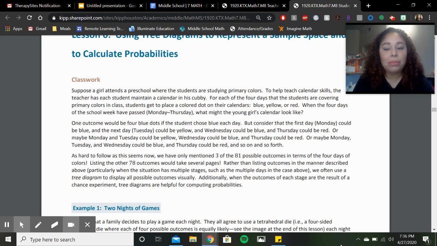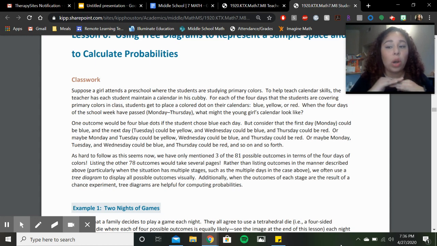Rather than listing outcomes in the manner described above, particularly when the situation has multiple stages, such as the multiple days in the case above, we often use a tree diagram to display all possible outcomes visually. Additionally, when the outcomes of each stage are the result of a chance experiment, tree diagrams are helpful for computing probabilities. So, what this is saying is that